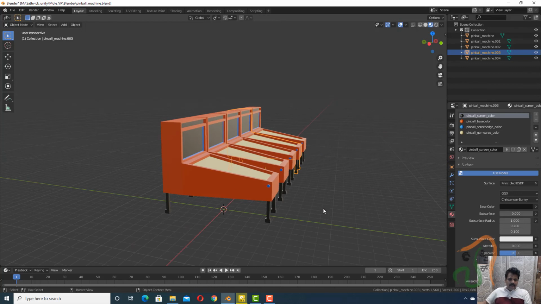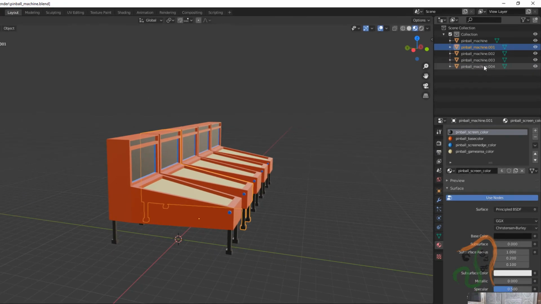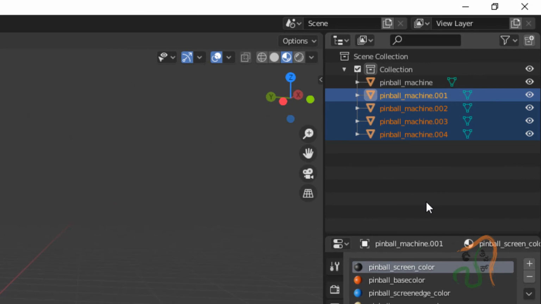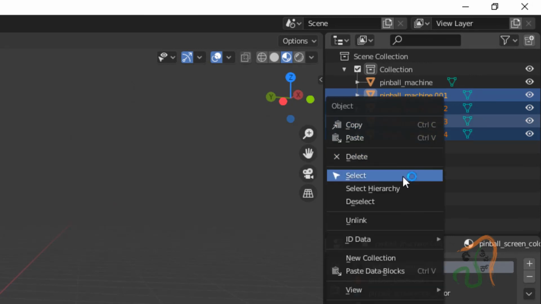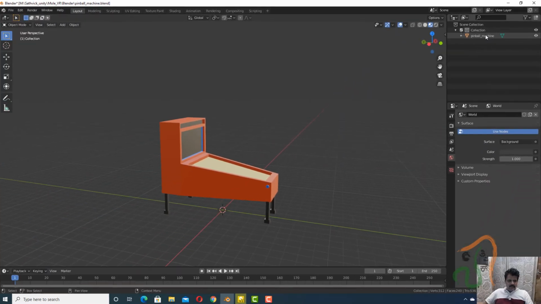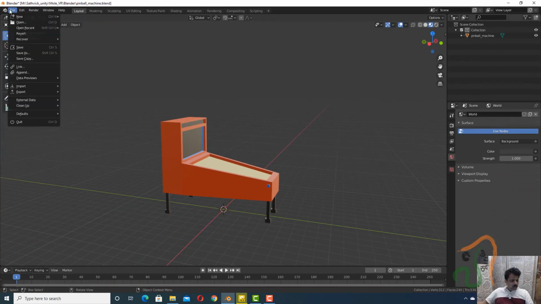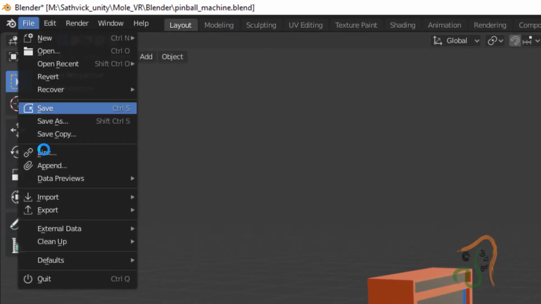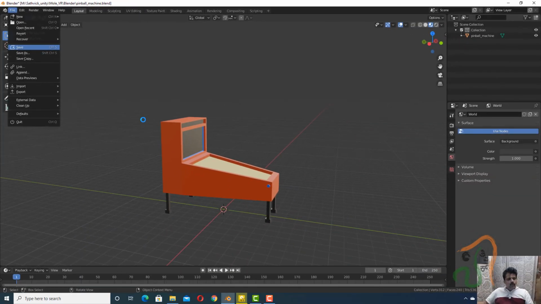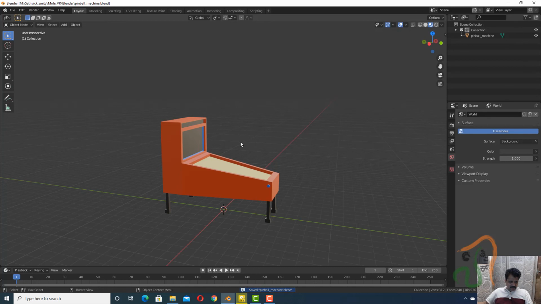Okay, so right now let us select these duplicates here and press delete, and with one pinball machine, now go to file and choose save. So we have created one more array and we have made it ready to use in our game.